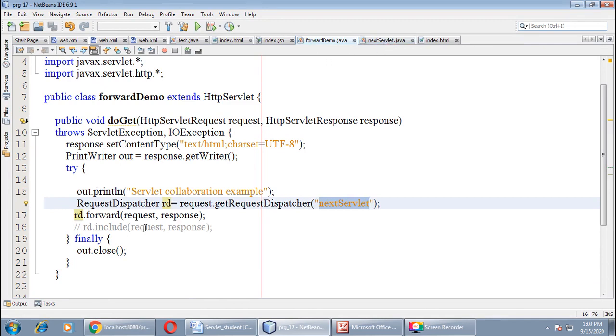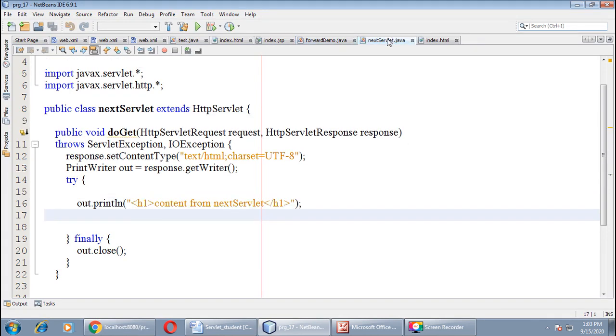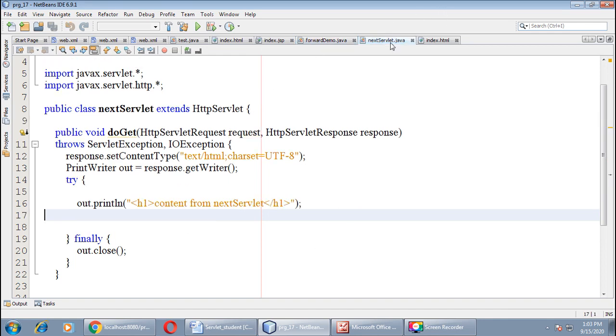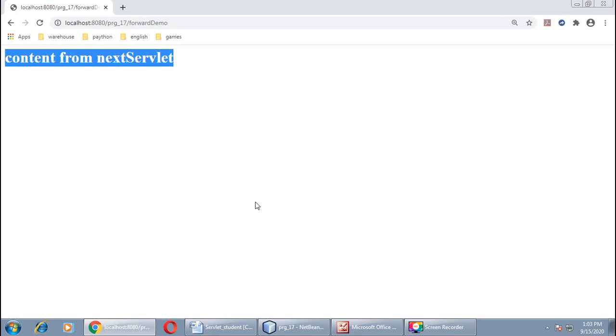Here what we have written is Servlet collaboration example, but instead of showing this message, it is showing the message of next Servlet page. Why is it so? Because we have used the forward method in our programming, right? In our code we have used the forward method. This will redirect us to the next servlet page, and the response of this page will be generated, and here you can see the content of this page in our browser,